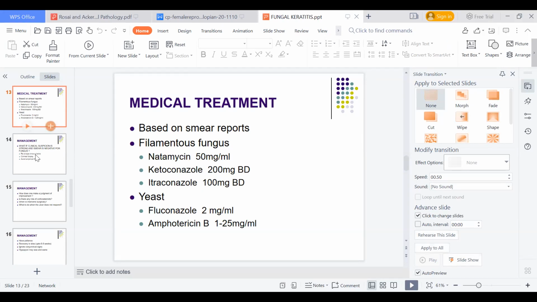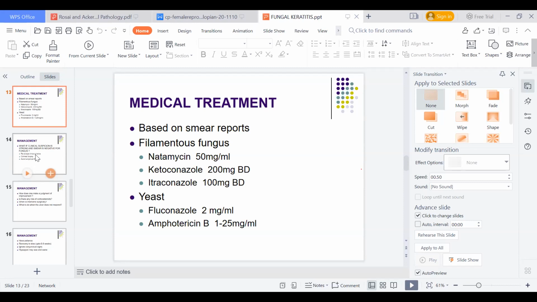So I'll directly go to management, the medical treatment as well as surgical treatment. The first and foremost is to establish the diagnosis. We should be very clear that we are dealing with fungus. On the first contact with the patient, one has to do a corneal scraping, and the case which was presented highlighted that KOH alone is not sufficient. You also have to do gram staining because you might be dealing with more than one bug in certain individuals. So routinely do a gram staining and a KOH mount.